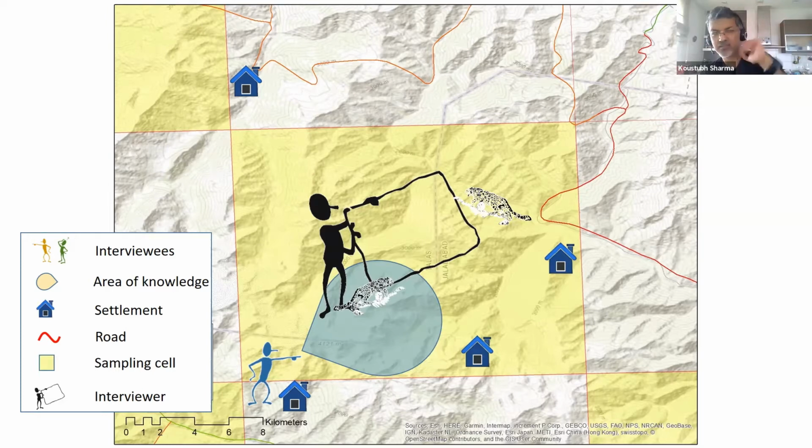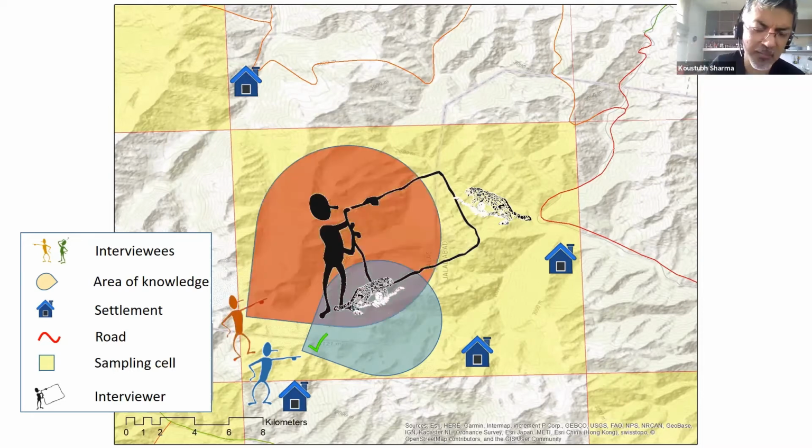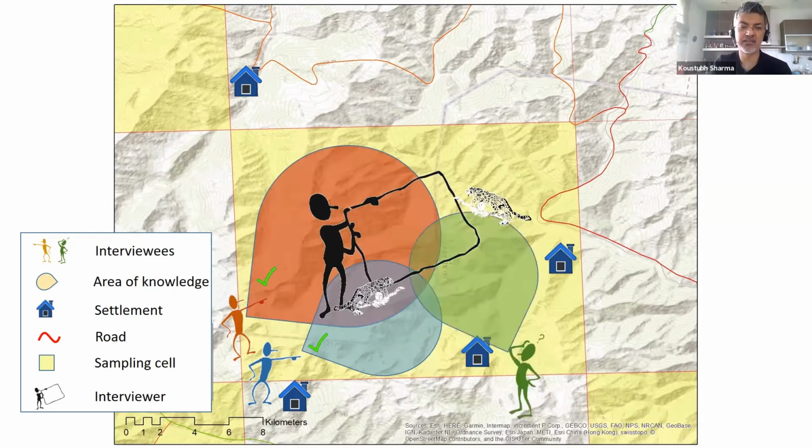Have you seen a snow leopard in the last 20 years or something? And then he identified these landmark moments in time which people were able to report back about. And then people started reporting, yes. So this first person, for example, says, yes, I have seen a snow leopard here. The other person he met said, yeah, I've also seen a snow leopard here. Then he met a third person. He said, no, I've never seen a snow leopard there.